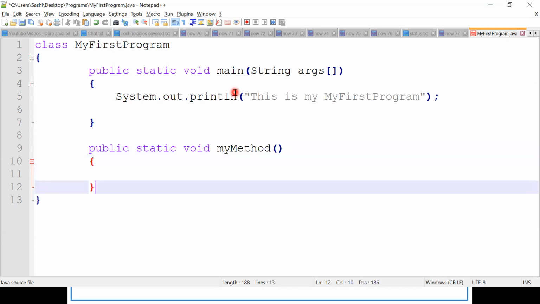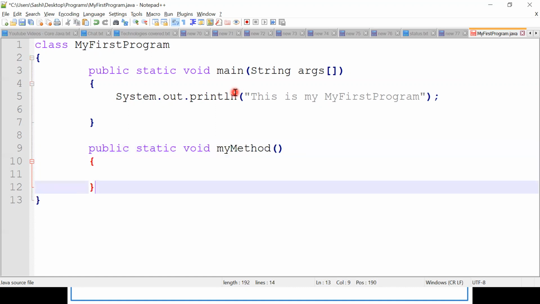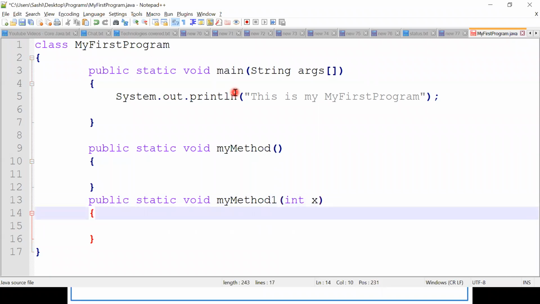This is also fine. Suppose I am declaring one more method, myMethod1. This method can take a single argument, int x. This is also possible, right?